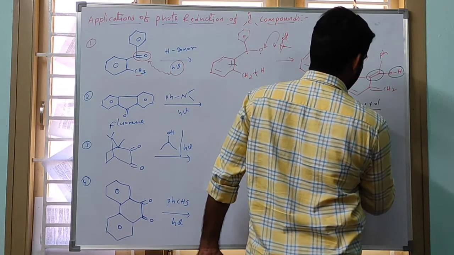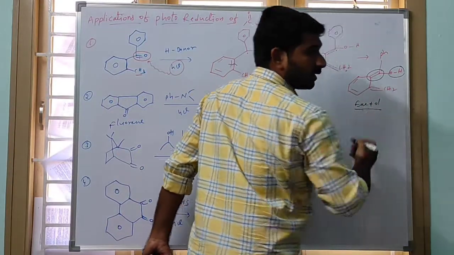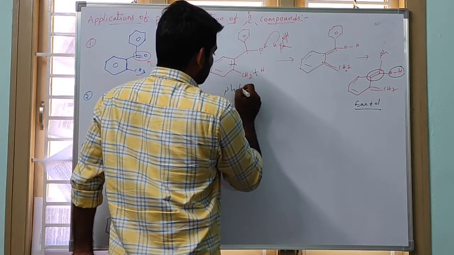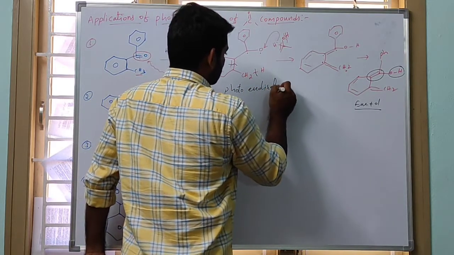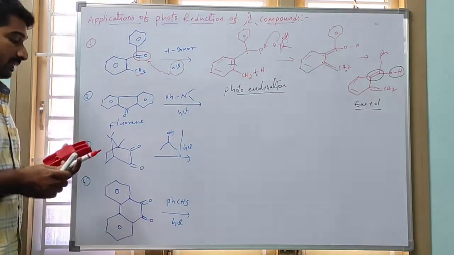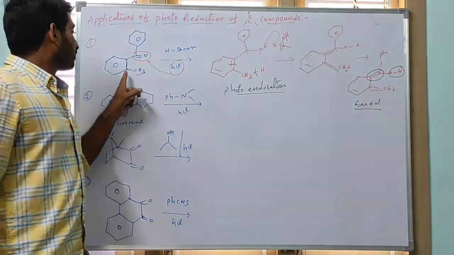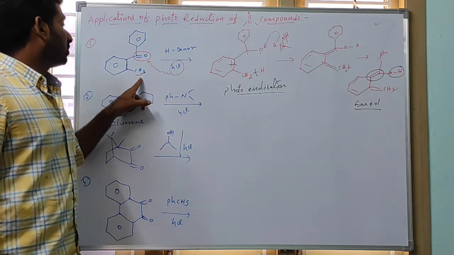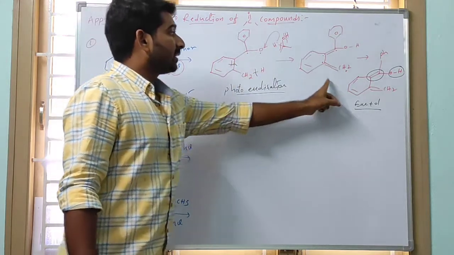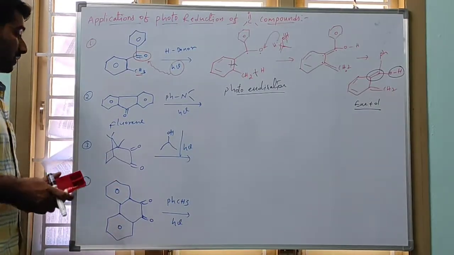This is an enol or not? Under photochemical conditions it is giving an enol, so that's why this type of reaction is called photoenolization. This is an exception for the photoreduction. Photoenolization occurs when an ortho C-H functional group is available. This bond breaks, and it rearranges like this to the enol. This is the first application for the photoreduction of carbonyl compounds.